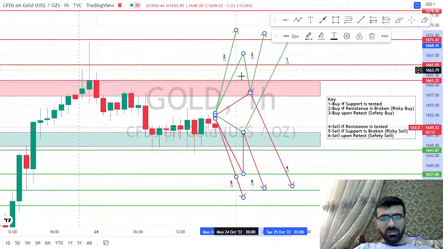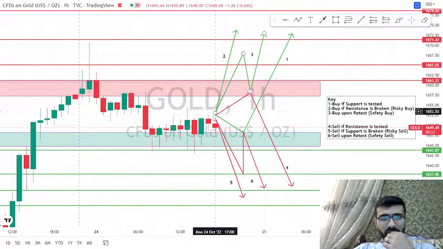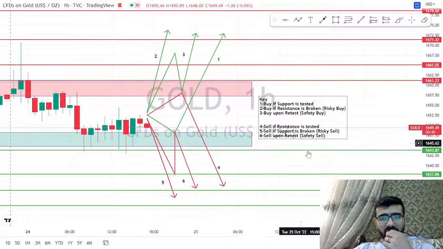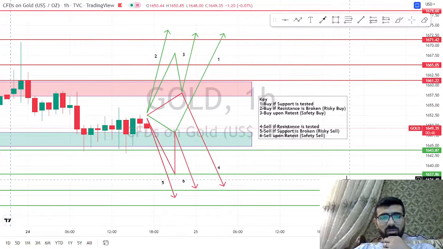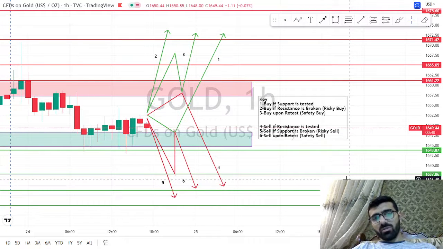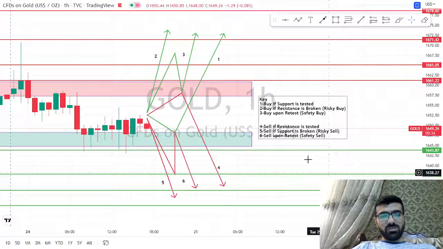Something like this. Okay, so quite simply, as you guys can clearly see that this key is going to remain same. So if you guys want to make any good profit, just follow this key, and if you guys want to do anything further, just let me know in the feedback section and I will get back to you guys as soon as possible.